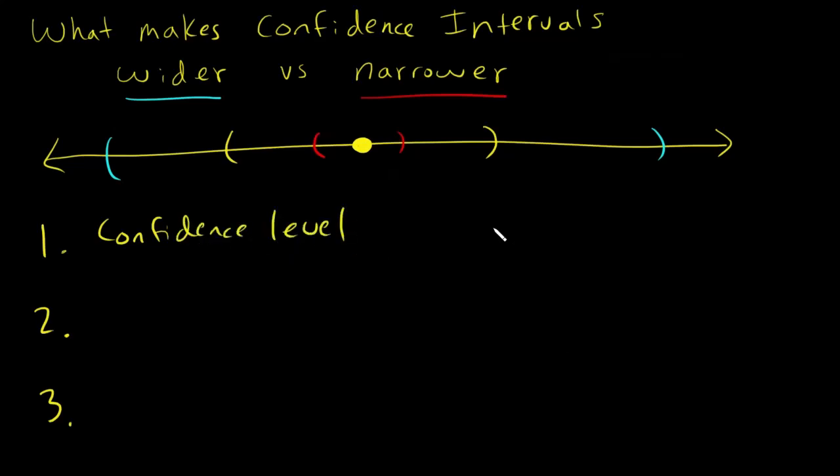Okay, and first let's think about, suppose we want to think about what makes an interval wider. So wider would mean that I would have a larger confidence level. So more confidence. Okay. So for example,